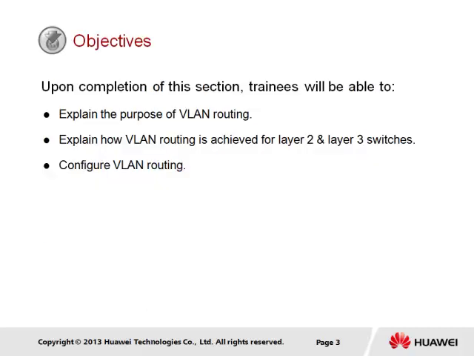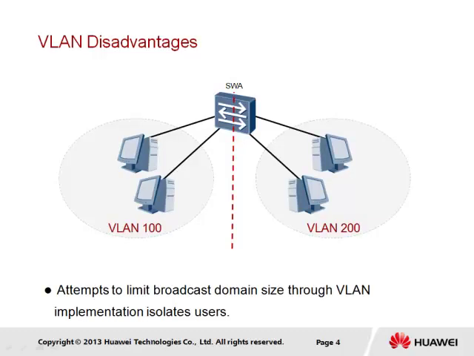So upon completion of this section, it is generally expected that trainees will be able to explain the purpose of VLAN routing, explain how VLAN routing is achieved for Layer 2 and Layer 3 switches, as well as configure Layer 3 routing. If we go back to the principles of a VLAN, we will recall that VLANs were developed as